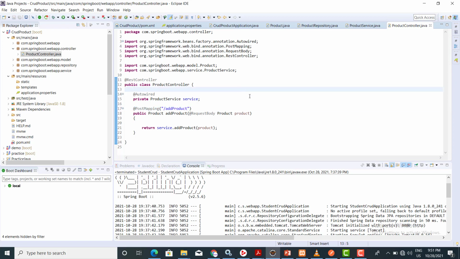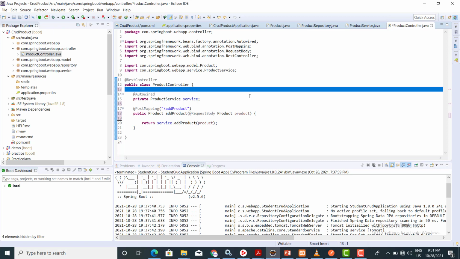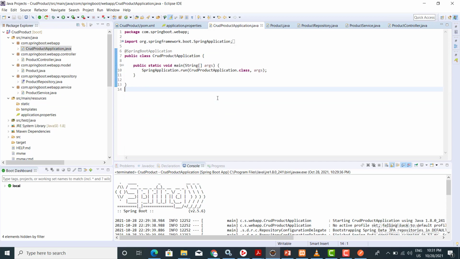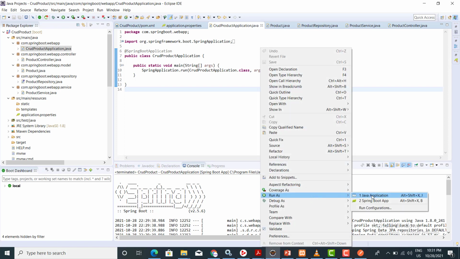For the formatting of the code, you can press Ctrl Shift and F. So formatting will be done. Now I want to run the program. Let's run the application. Right click on it, click on run and select Spring Boot app.